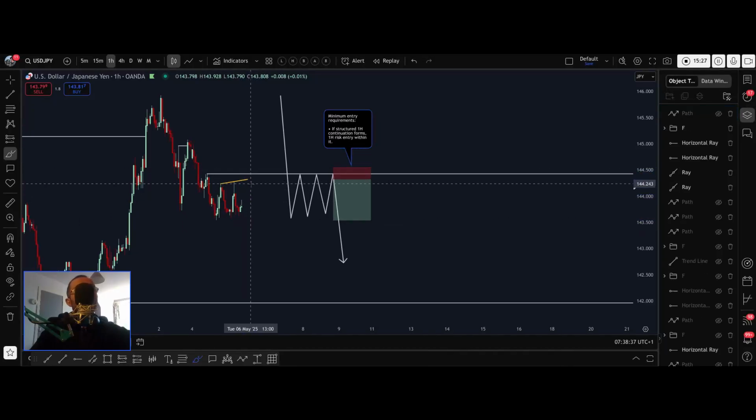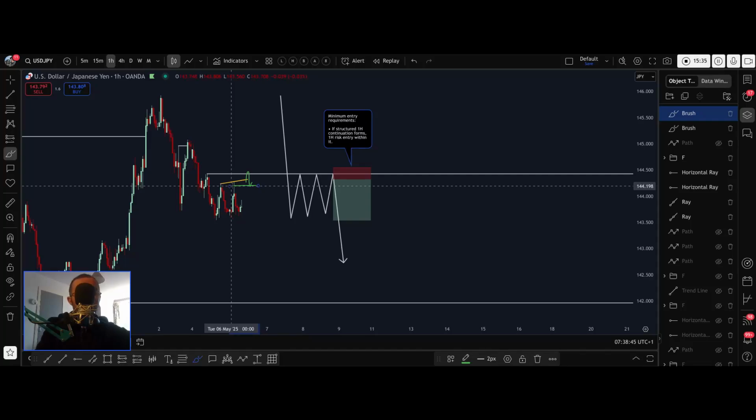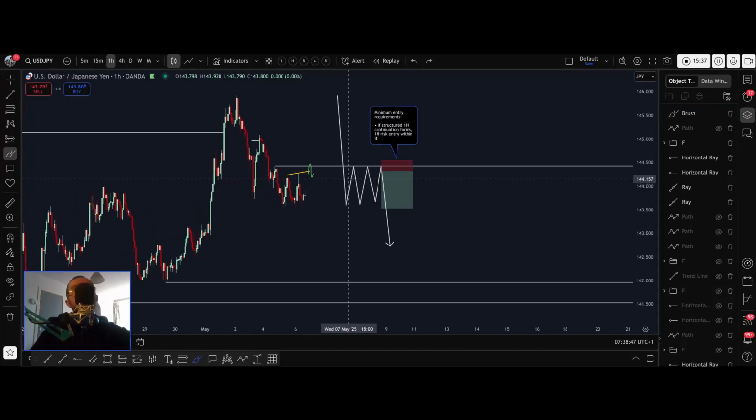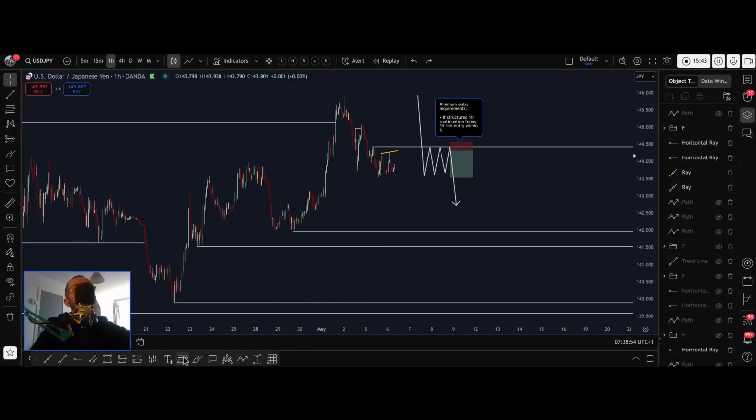But I think in all likelihood, we'll likely tap into this area now. I wouldn't be surprised if we spike above, spike back down, and then I'll be looking to get short with a 1-hour entry, and then I would be able to manage this down to the lows for something in the region of 3.5. And then what I would do is I would target this low, set a take profit there,